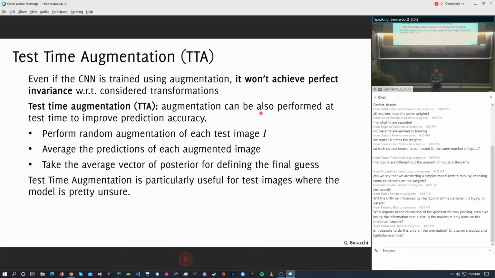So what you can do is also to leverage augmentation at test time. So instead of feeding the network with a single sample,